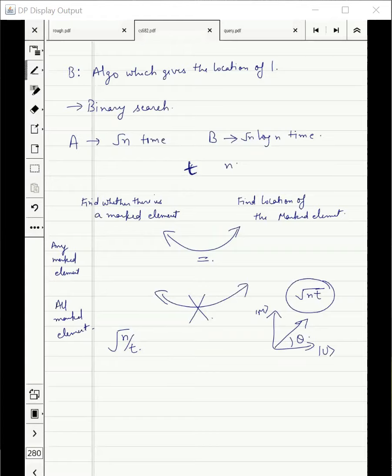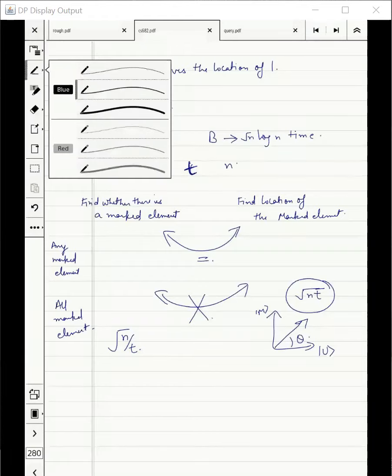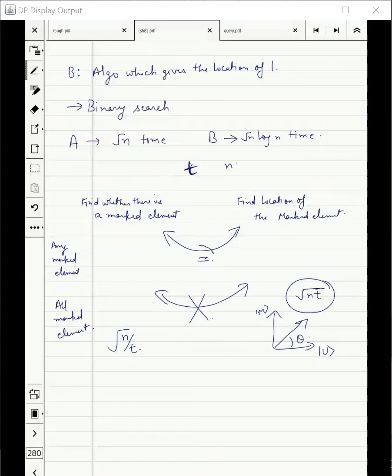But when you say that these two problems are equal, you mean they are polynomial time equivalent, right? Okay, you are right in the sense that when I say they are equal, this is in a very, very weak sense. I should say the complexities are almost equal, that we don't care to distinguish between. If one is square root n, then the other is square root n log n, and the log n factor is just too small in comparison to root n. That is a very rough statement. I should say approximately equal or something.